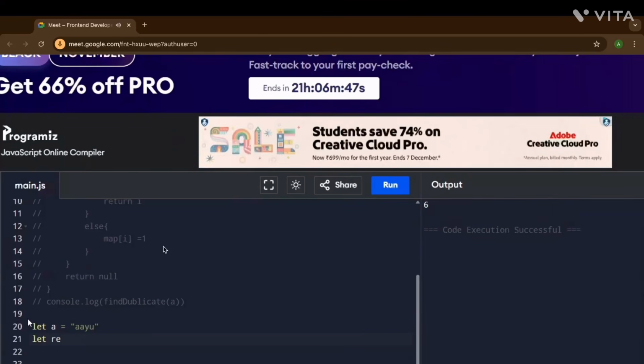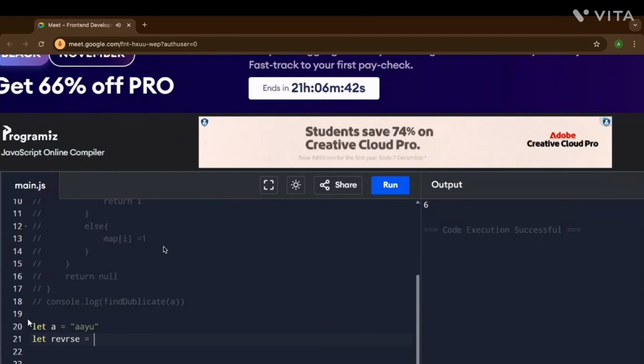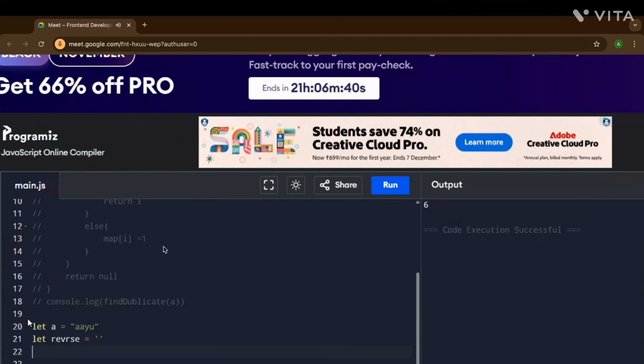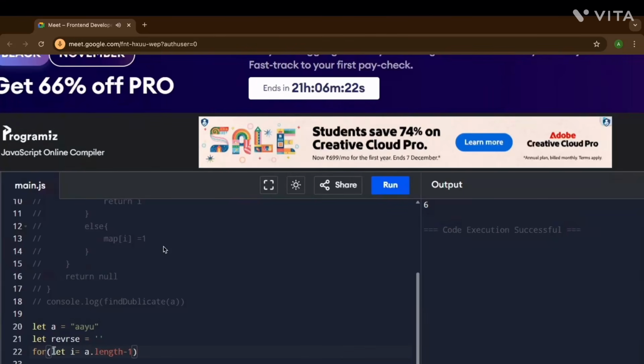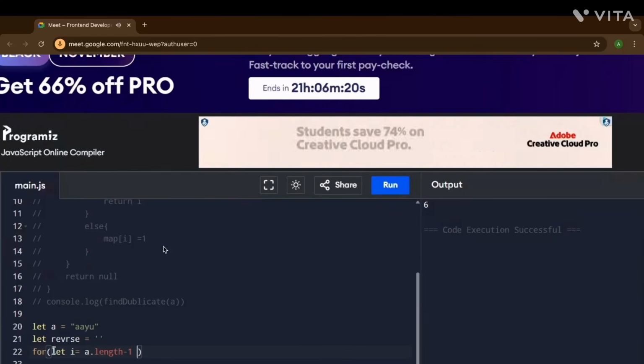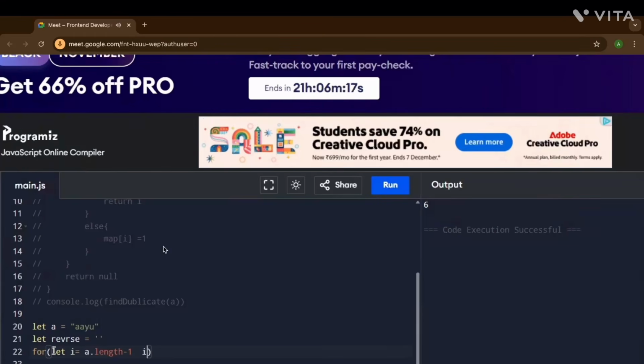Let's say we have a reverse string which is initially empty. We loop from the end to the start. So let i start at the string's length minus 1, because the last index is always one less than the length, and i goes while i is greater than or equal to 0.